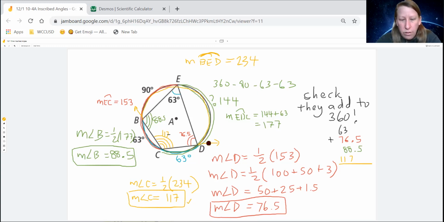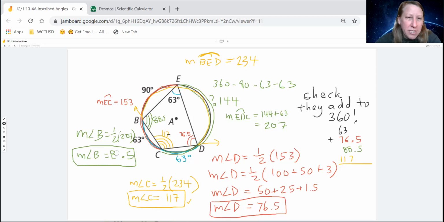This is 144 plus 63. I added wrong. Lord have mercy. Okay, I don't know where I got that from. This is 207. Oh, see, I should have trusted myself. Okay, what's half of 207? Oh, goodness. 207. Half of 207 is